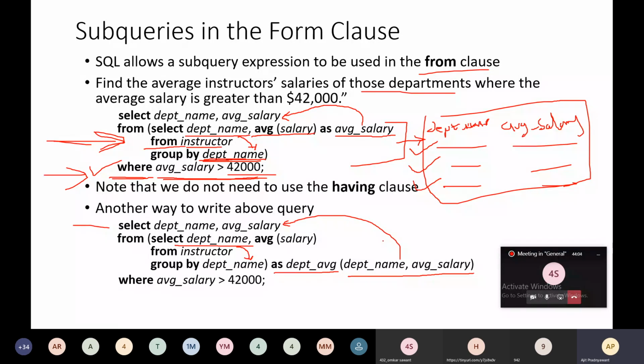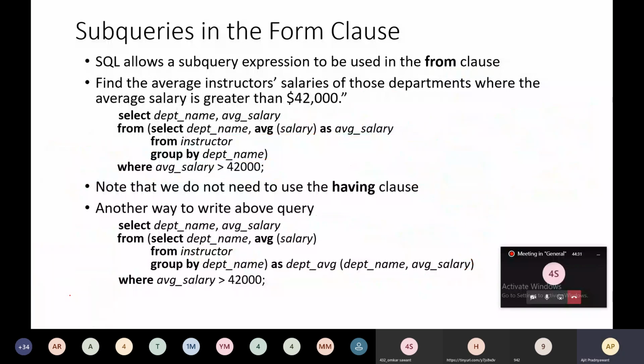The result of this subquery is the same, and again it will filter this result by using this where condition. It will choose those people who satisfy this where condition, and you will get the same result. So this is how you can write the queries in different ways, and we have seen how to write the subqueries in the from clause.